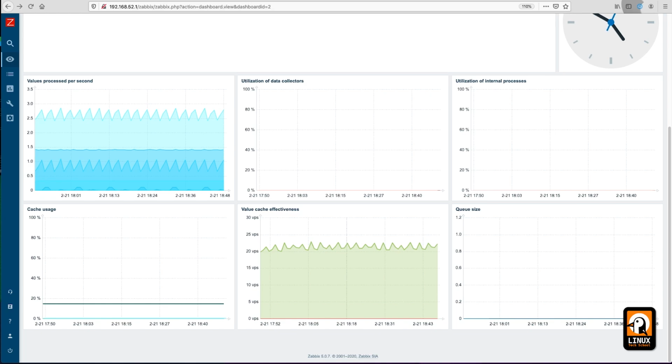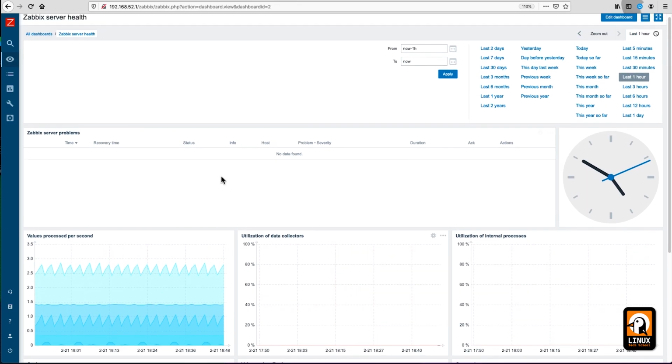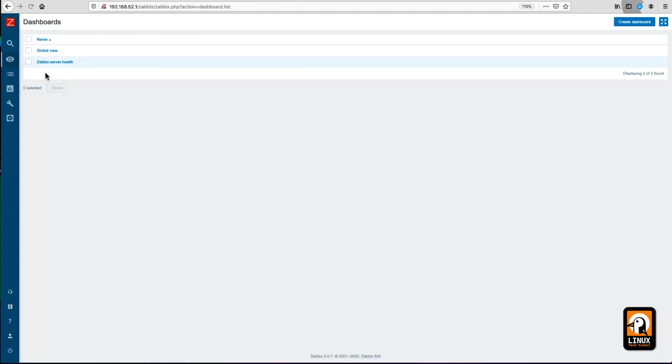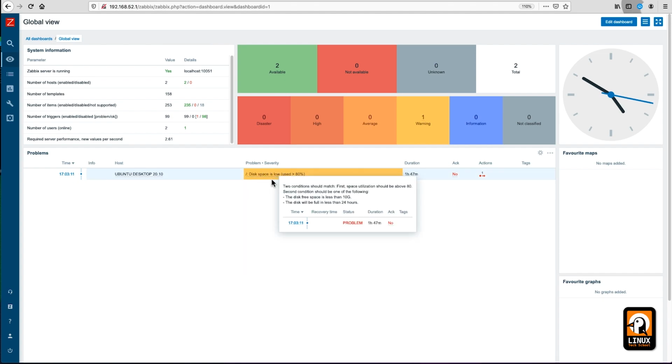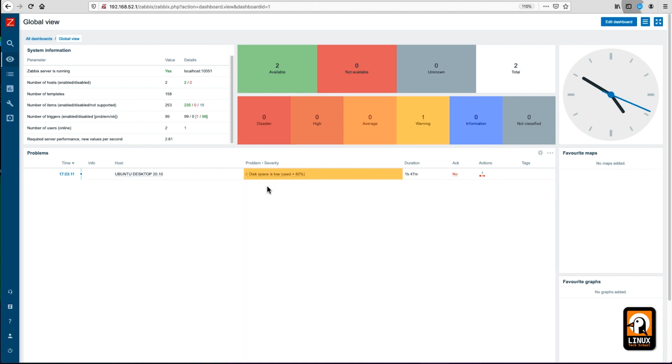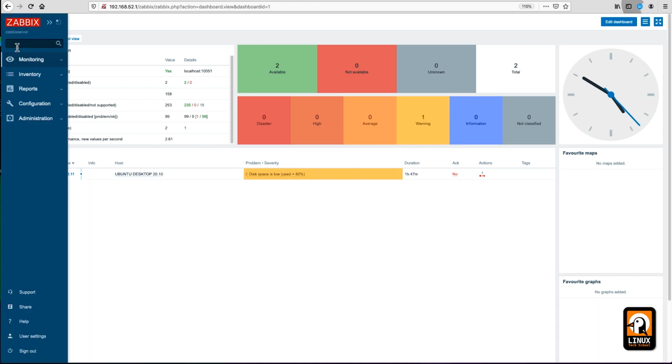Like this one, we can create our own screens in order to gather the most important features or status we need to monitor